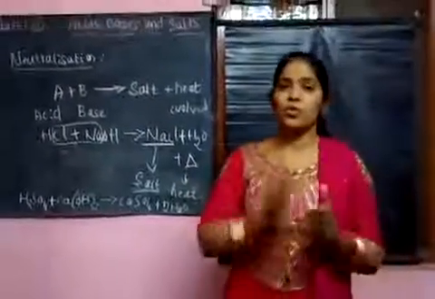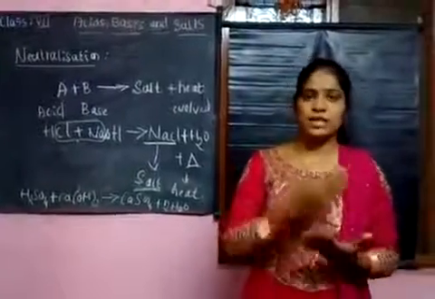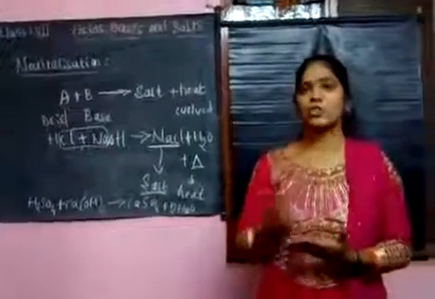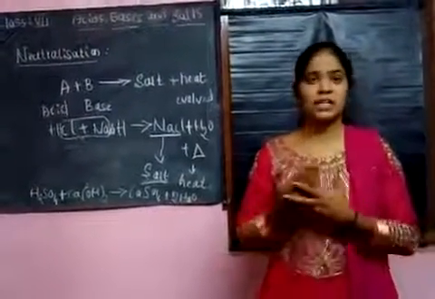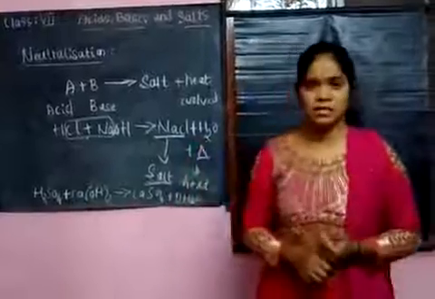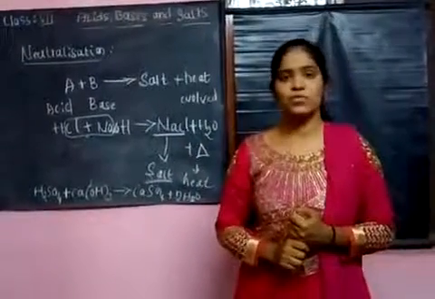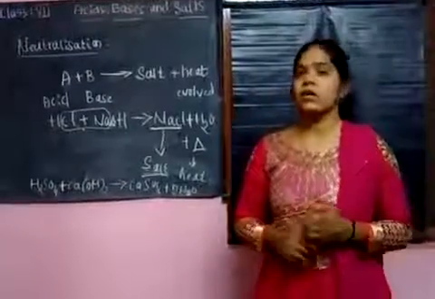Okay, hope you get that point. What is neutralization, what is salt, what is an acidic condition, a basic condition, and what are acids and bases, indicators, and the examples for all of those, you have studied in this lesson. This completes your 5th lesson, and in the next class I am going to start the next lesson.